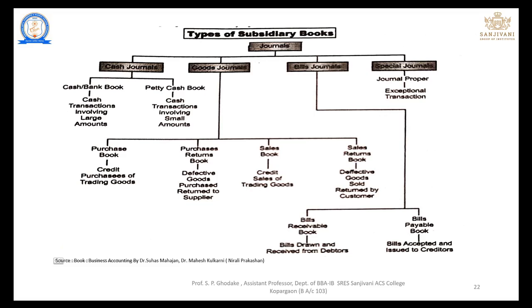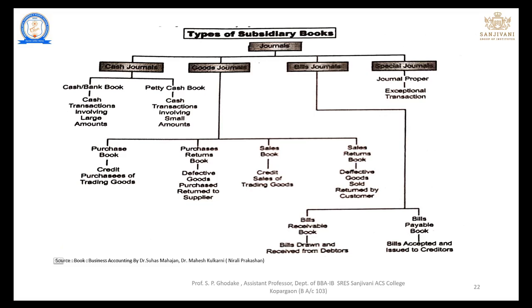Those are cash journals, goods journals, bills journals, and special journal. In cash journal, we have cash or bank book and a petty cash book. Cash and bank book is for cash transactions involving large amounts, and petty cash is for cash transactions involving small amounts. Then we have the goods journal, in which we have four types: purchase book, that is for credit purchase of trading goods; purchase return book, that is for defective goods purchased returned to the supplier or the creditor;